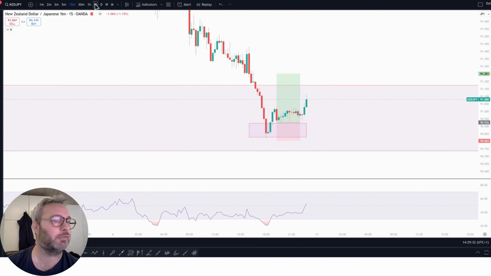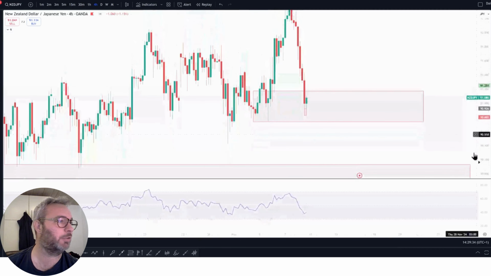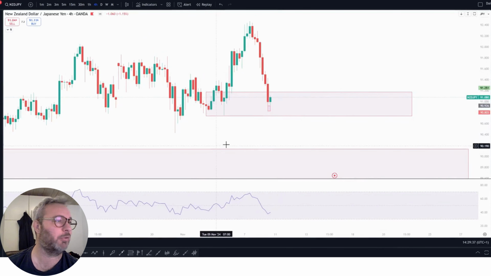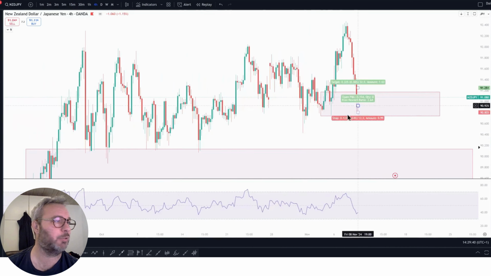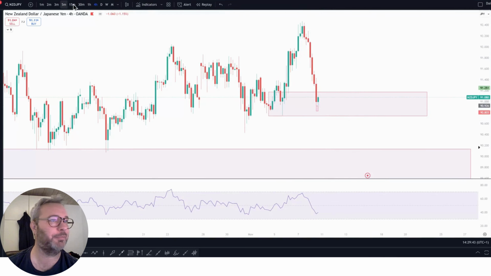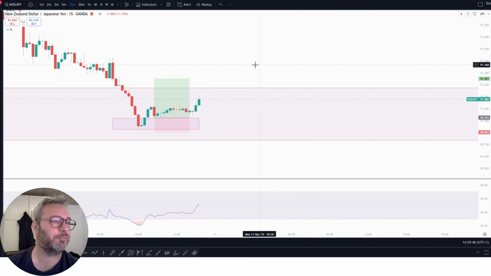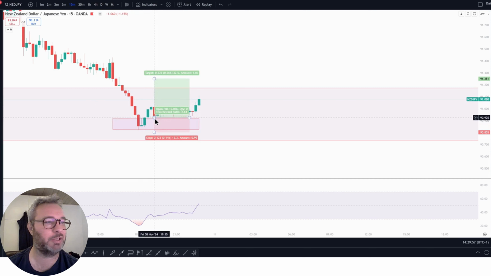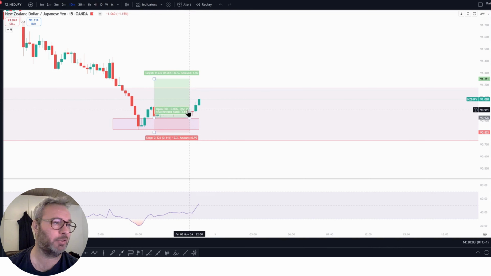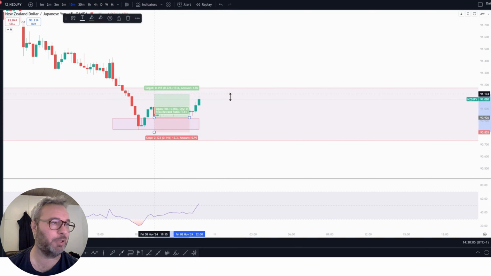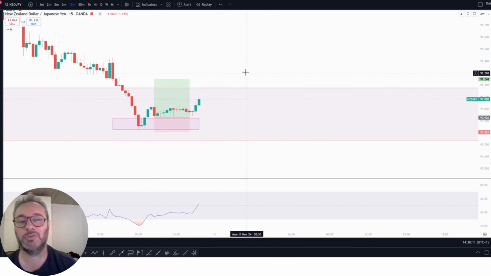Let's first take the larger picture. I have this larger support area here. I have an idea that the price will reject from this area and eventually go up again. So this here was the micromanagement. See, price stopped here. I used this area as support. When price went up and backtested it, I longed here. I closed it around here, so a little profit, maybe half an hour, something like that. Not much, but better than a loss.